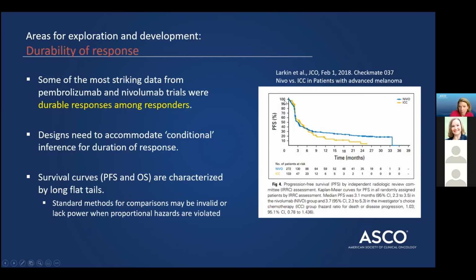But because of the way chemotherapies affect patients' cancers, and the way immune checkpoint inhibitors affect patients' cancers, we end up very frequently in scenarios like this, where for the two different drugs, here we have nivolumab and investigators' choice chemotherapy, we see almost identical or overlapping PFS curves